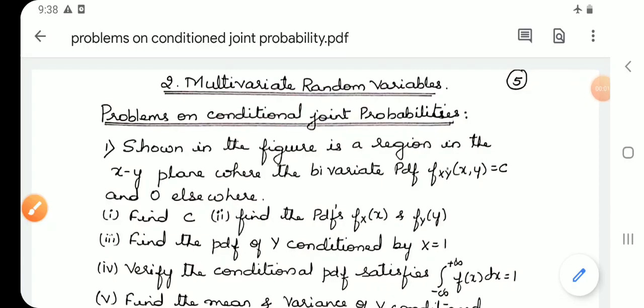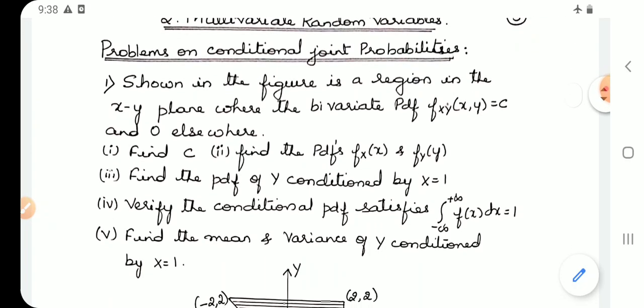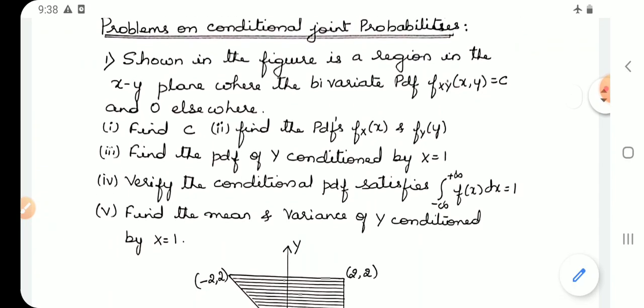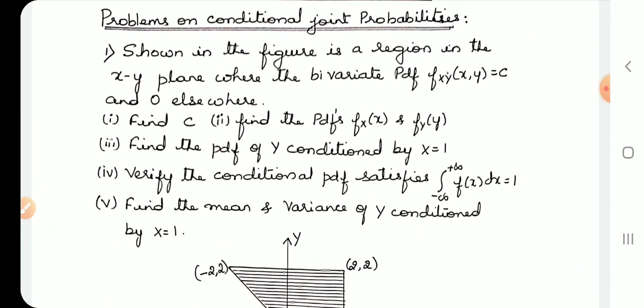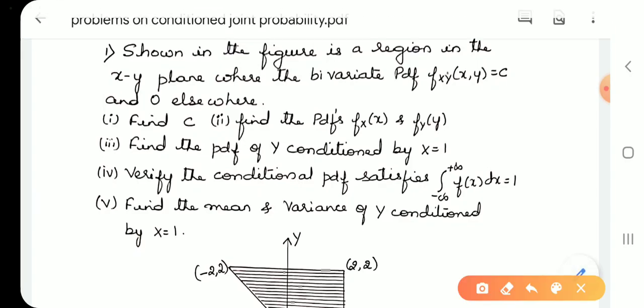Hello students, in this video let us learn some problems on conditional joint probability. Shown in the figure is a region in the xy plane where the bivariate PDF f_XY of x comma y is equal to c and 0 elsewhere. Find the value of c,